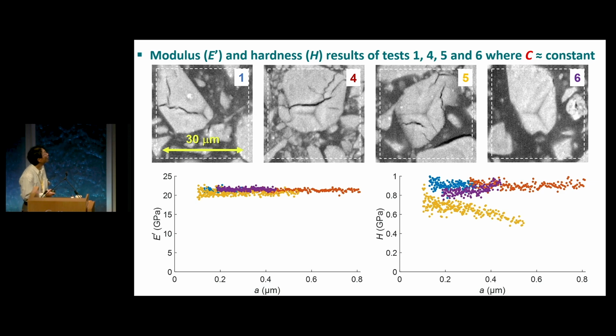So for those 4 indentation sites, we are able to identify a region of constant compliance. So we analyzed the data at the depths beyond which compliance begins to fall or rise due to secondary compliance taking effect.